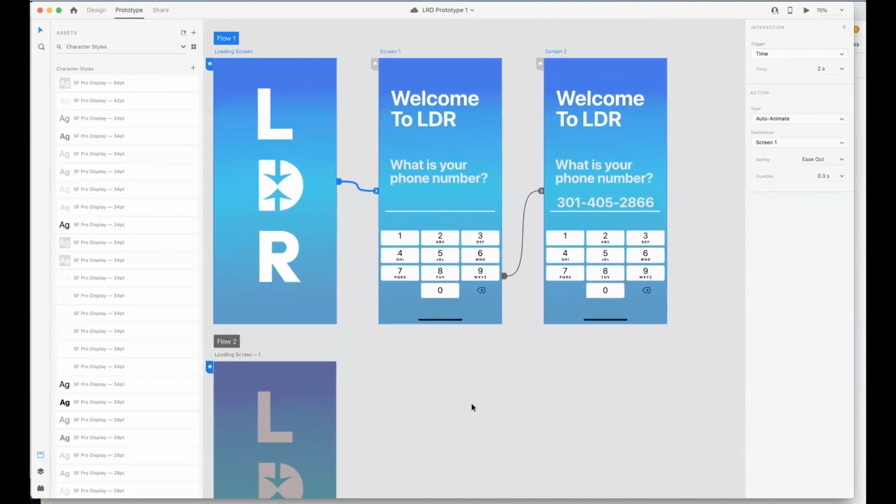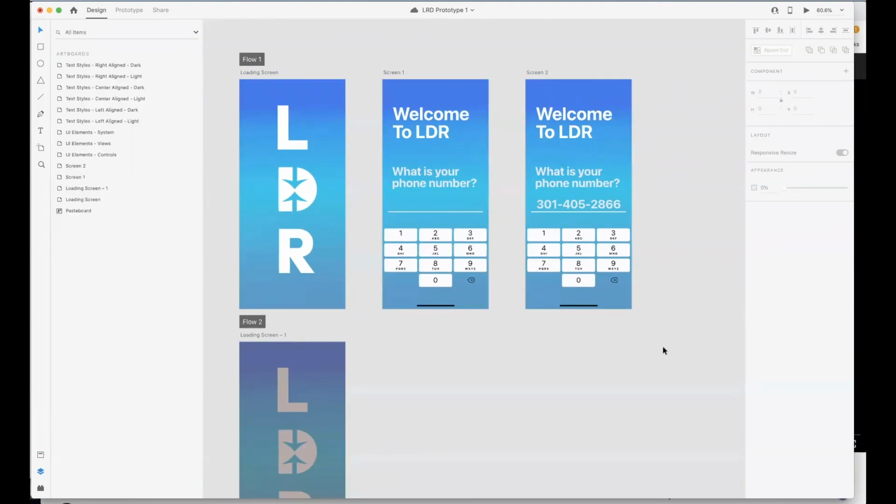And this is basically the essence of Adobe XD. All right, I wanted to show you just some very basic animation features that will bring your prototypes to life a bit. What I want to do here is have the keypad slide in rather than just appear on that